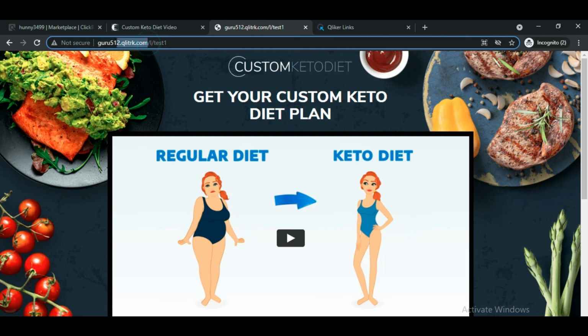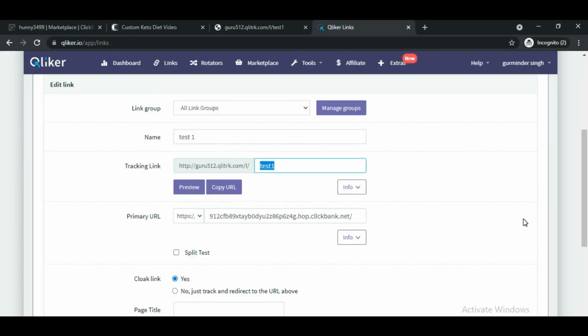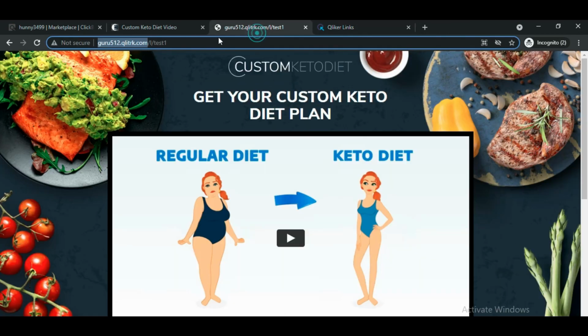So now let's say that you don't want to use this URL, you want to use an XYZ URL or a custom domain. For that you have to simply purchase a paid plan for qliker.com, and you can then add up to 2 custom domains in the paid plan, and you can write here xyz.com and the person will see that URL only. So you can choose any URL, any domain of your choice, and you can replace it with the affiliate link of the offer. So this was a step-by-step tutorial on how you can cloak your affiliate links for absolutely free.